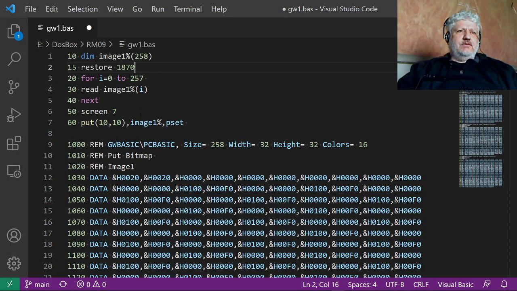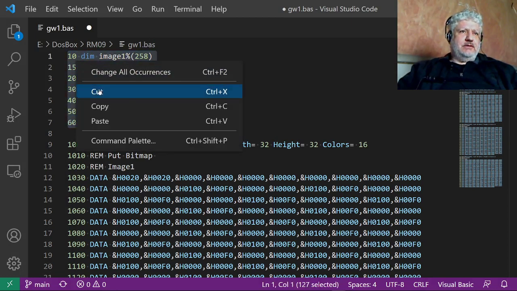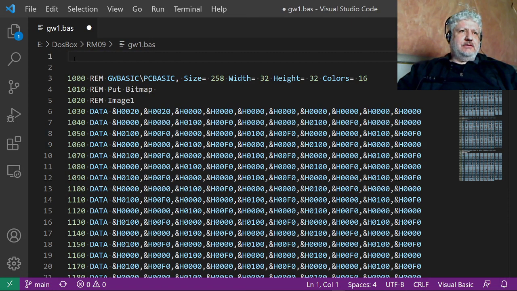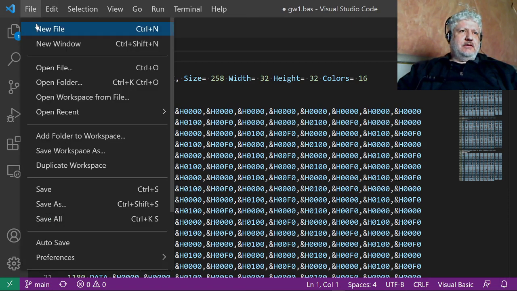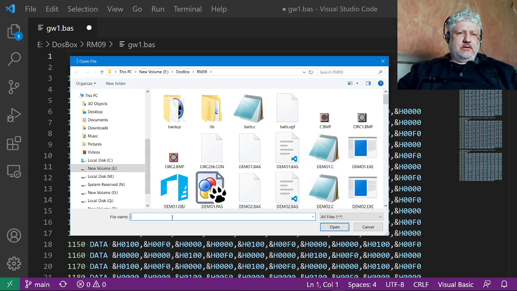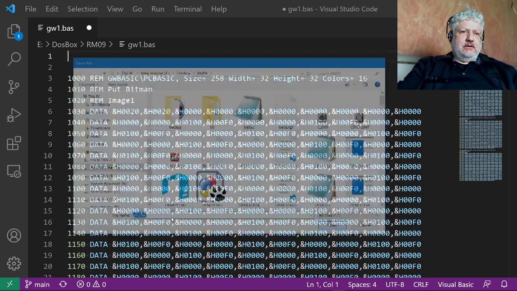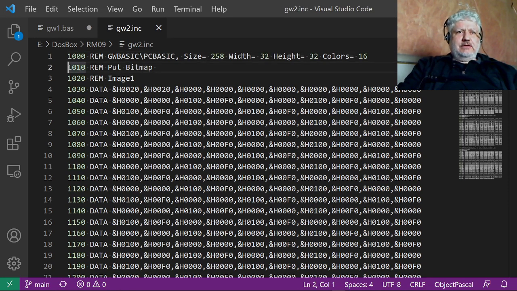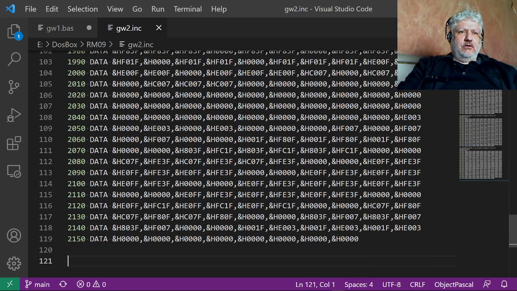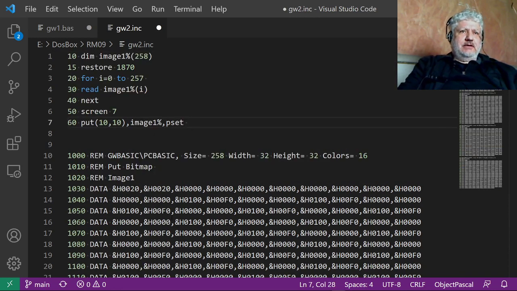So if I go back to Visual Studio Code, I'm just going to copy this portion because I don't want to retype it. Let's cut that out. And I called it GW2INC. And there is the new exported code. I will paste my loader code, and